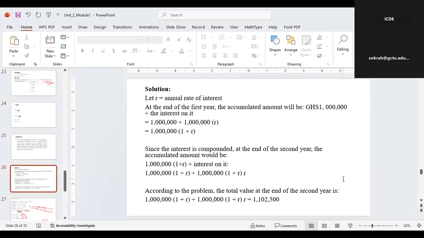So see the solution. So we let R be equal to the annual rate of interest. Now, if R is the annual rate of interest, then at the end of the first year,